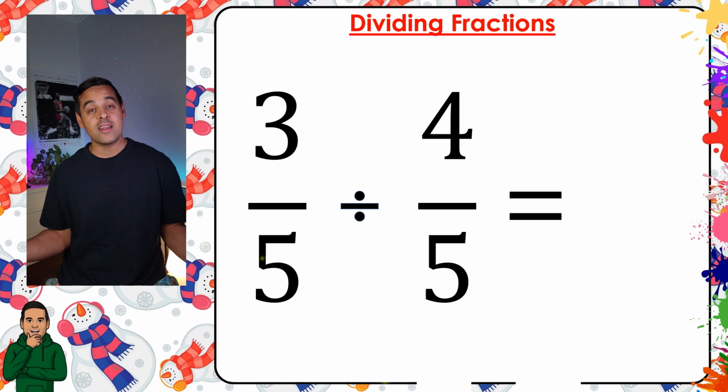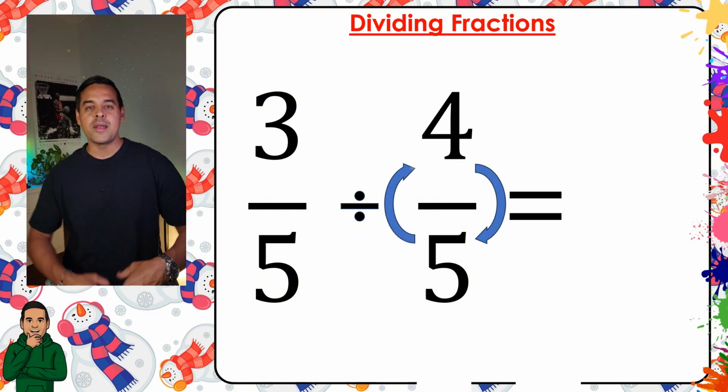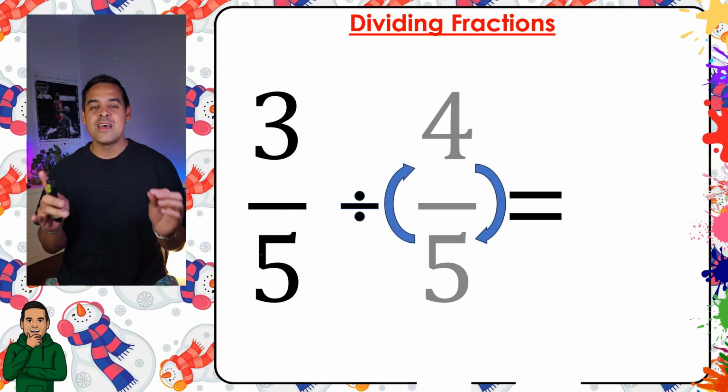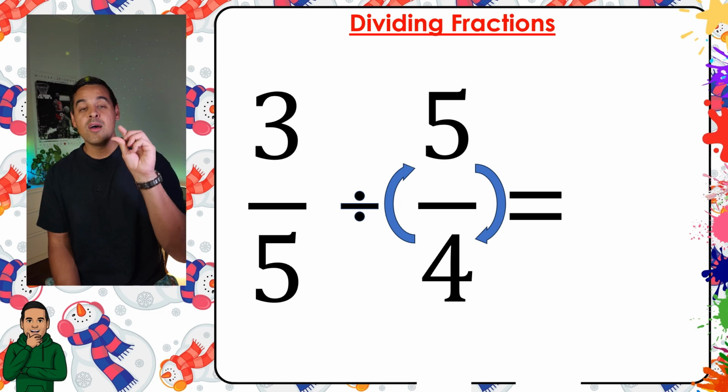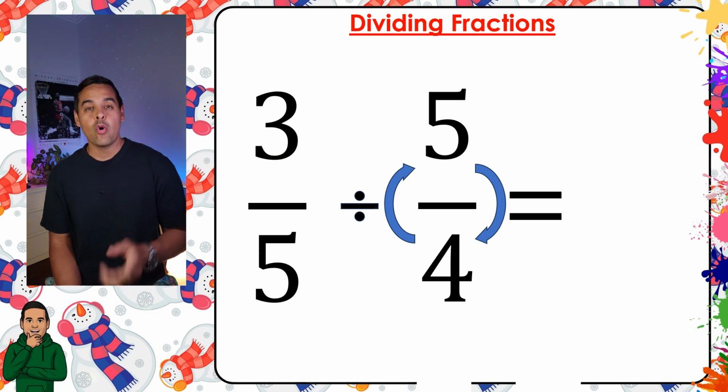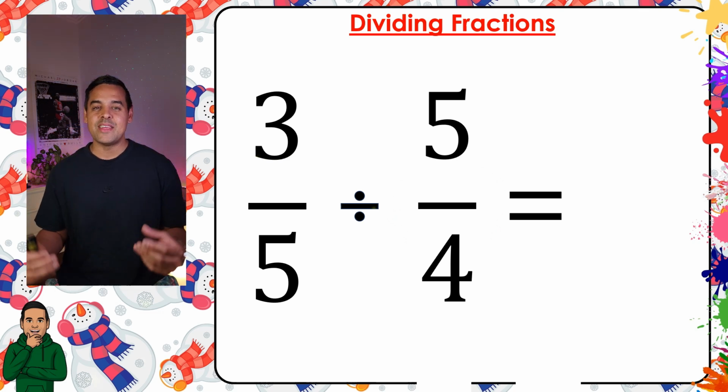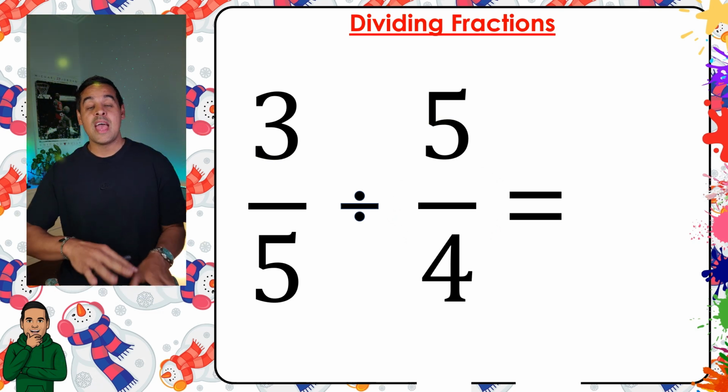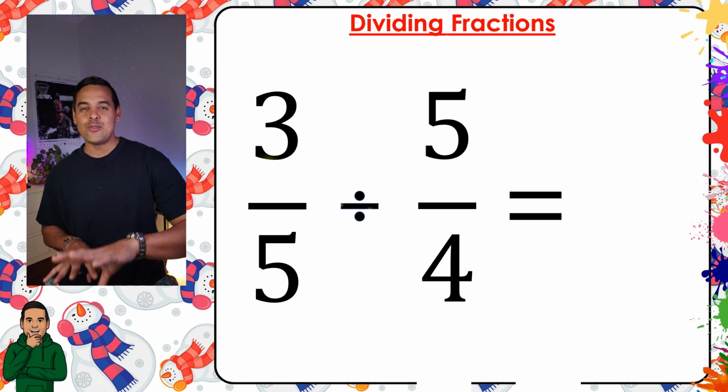Example 3, our final example, is 3 over 5 divided by 4 over 5. Step 1, flip your second fraction. So now our 5 becomes our numerator and the 4 becomes your denominator. So once you have successfully flipped your second fraction and you've rewritten it somewhere neat in your book so that